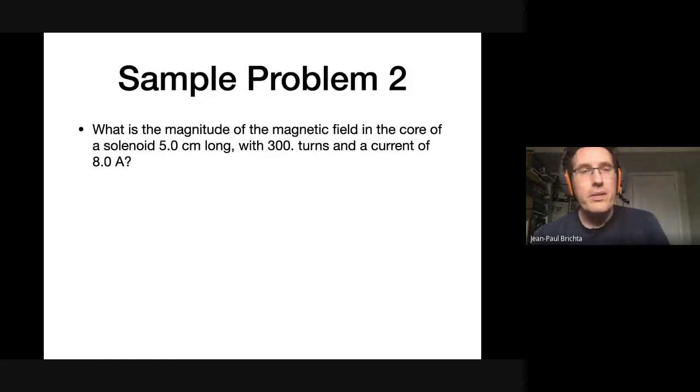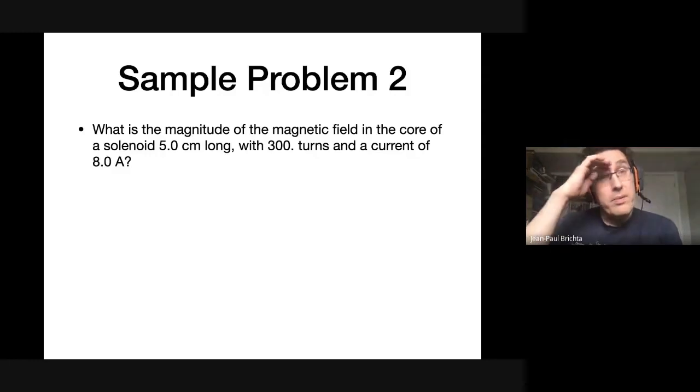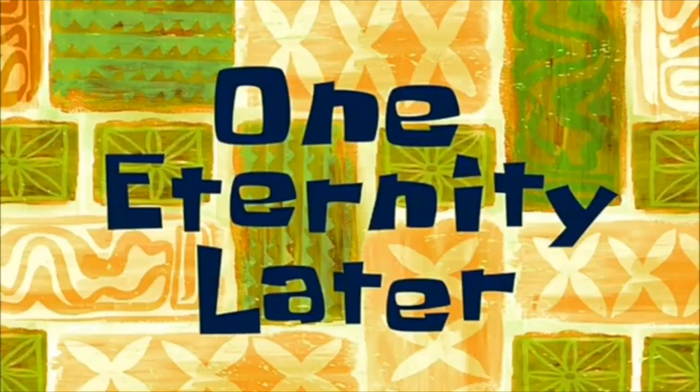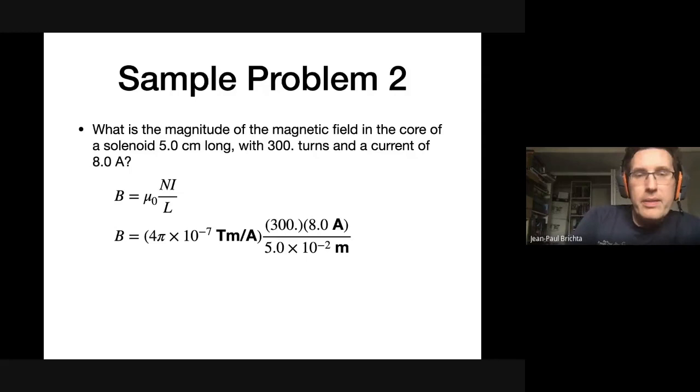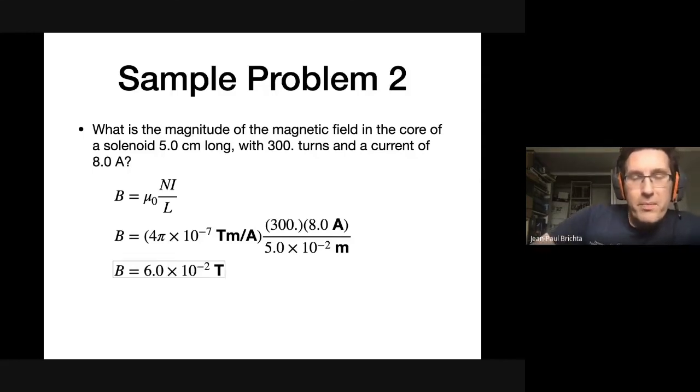Okay, so let's try this. What is the magnitude of the magnetic field in the core of a solenoid 5 centimeters long with 300 turns and a current of 8 amps? Give it a try. One eternity later. Okay, so hopefully you got an answer. And if we plug in the numbers, again, using the correct units,